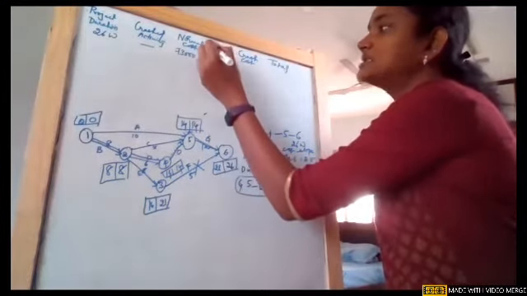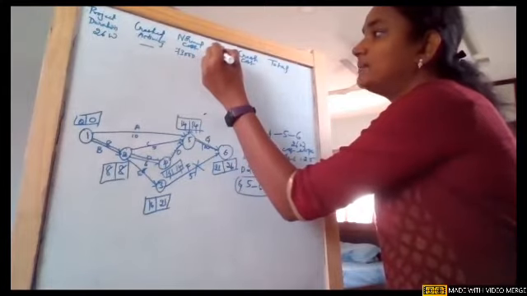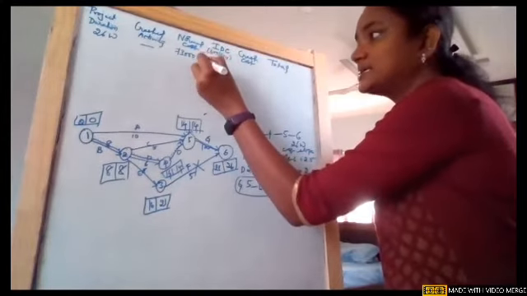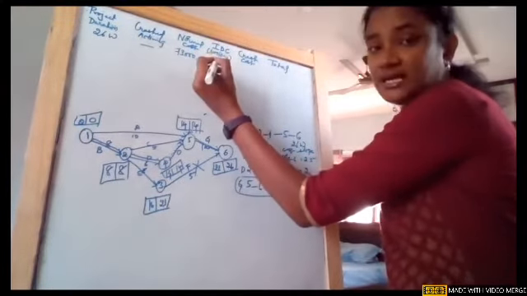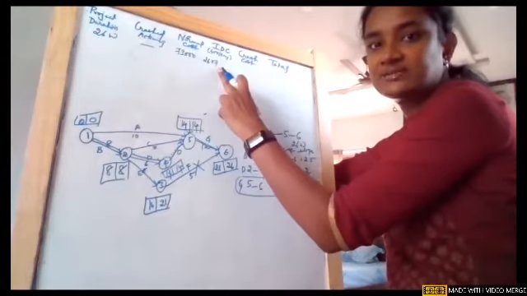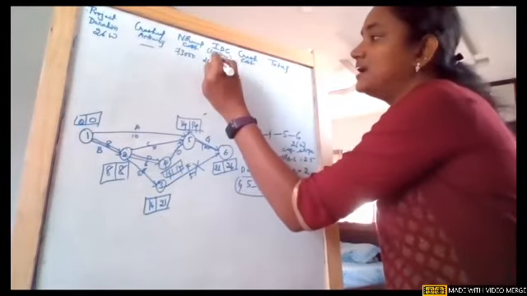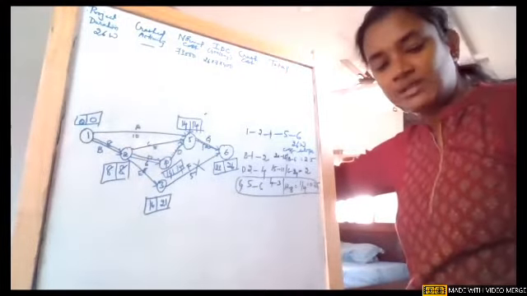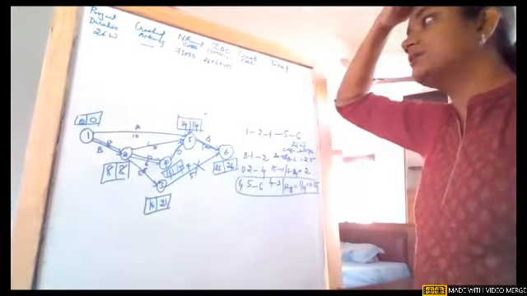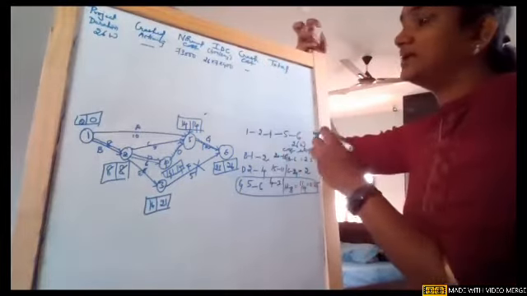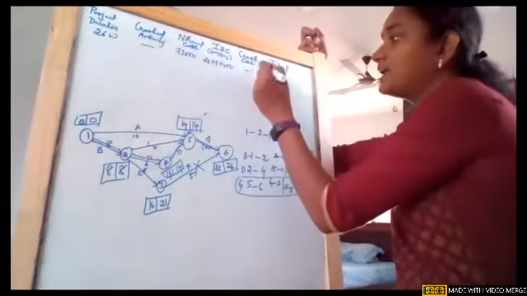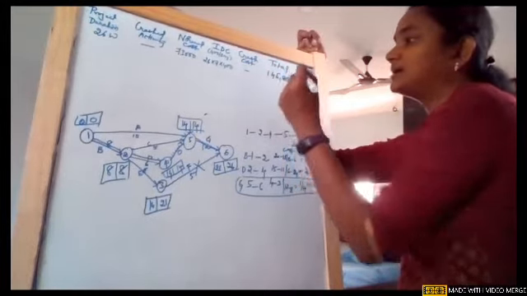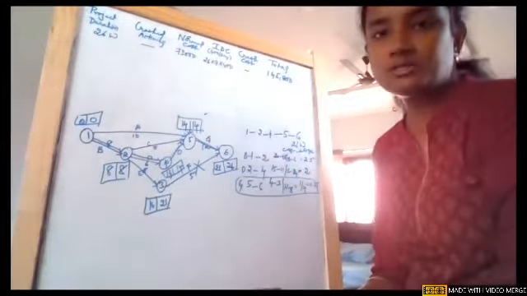And indirect cost is given as rupees 400 per day. I'm just mentioning it here. So we have 26 weeks, and in each week we have 7 days. So the duration is 26 weeks, and in each week, 7 days into 400. When we do 26 into 7 into 400, and we are taking 73,000 and there is no crashing activity, when we total this, if you have a calculator, you can check it out, we got 1,45,800. So this is the cost we got.